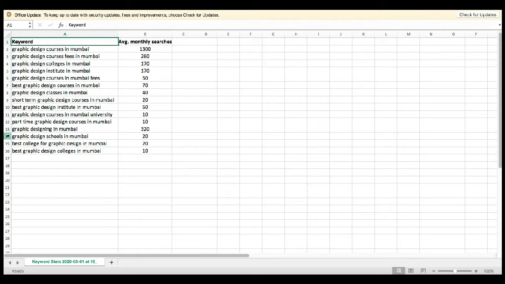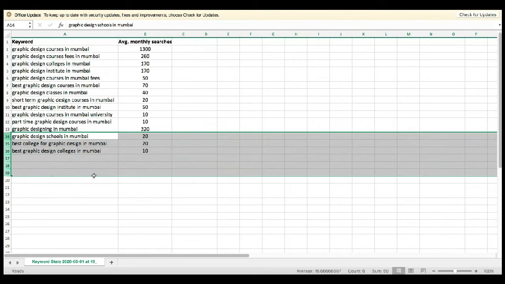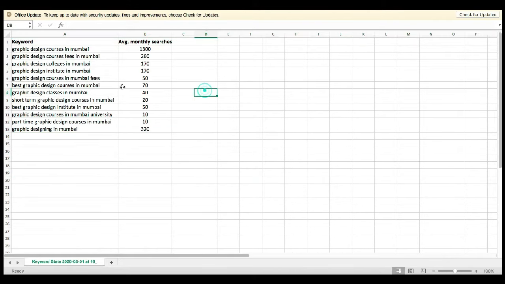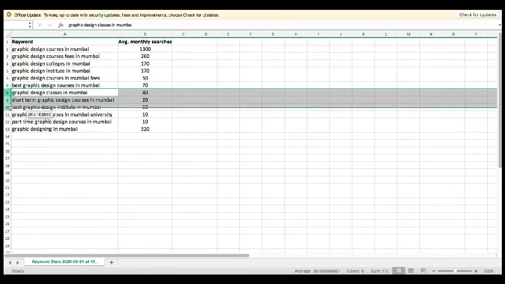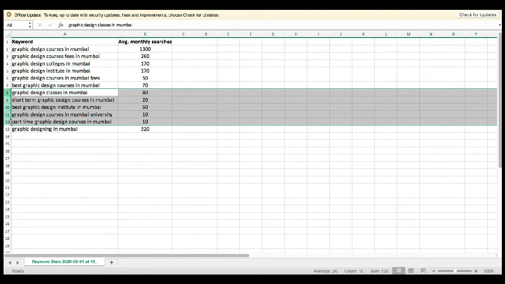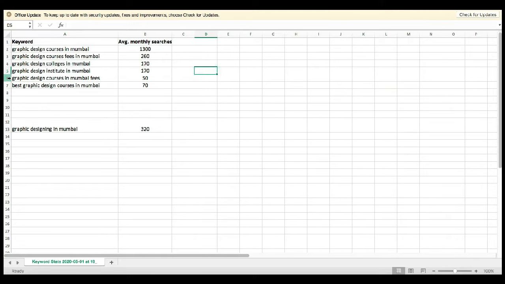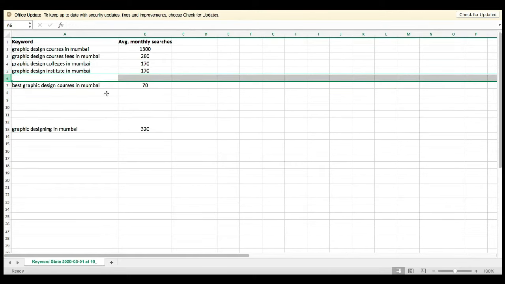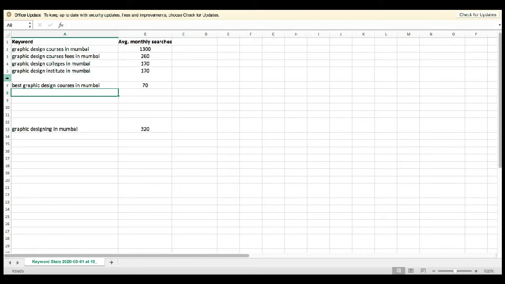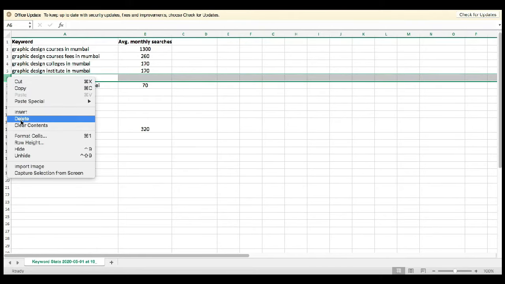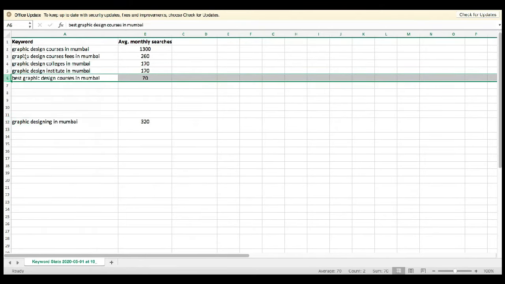So these 3 we are going to delete at the bottom. Can you see the searches are 20, 20 and 10? Remove anything below 70. These are keywords with very low search volume, right? And that's it. So these are the keywords that we are going to shortlist.